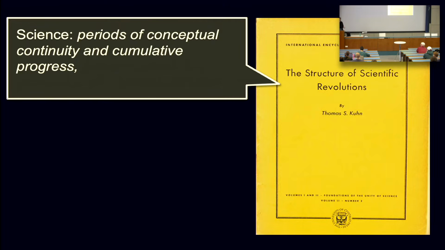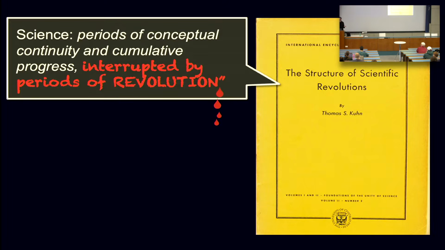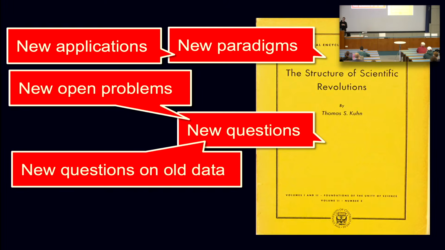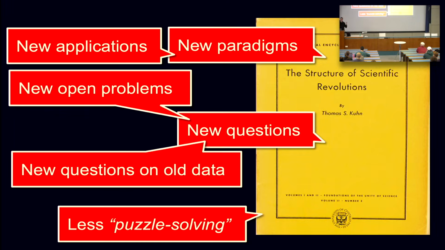They were kind of living within the rules. And then from time to time, something happens and there's a major revolution. Suddenly you have a big paradigm shift, and all kinds of new applications open up. There are new questions, but what's very exciting is new questions over old data. You can go over old data and old results and think about them like, oh, they mean something else now because of this new thing that's happening. And then new open problems, and less of what the book calls puzzle solving, that sort of optimizing within the confines of the rules that someone else has set. They also call it normal science.